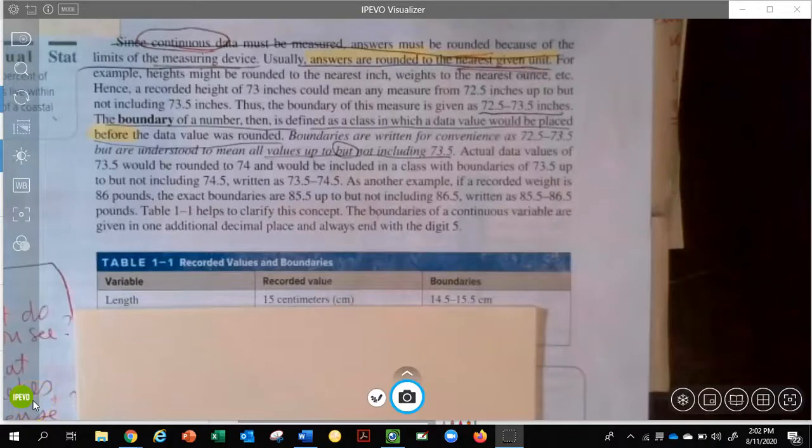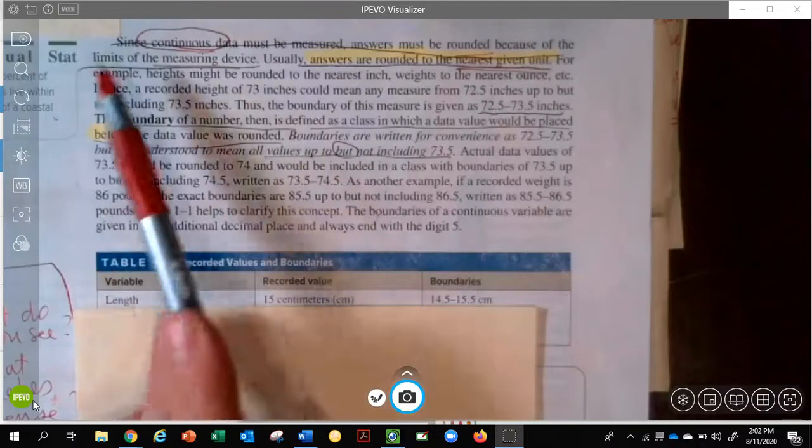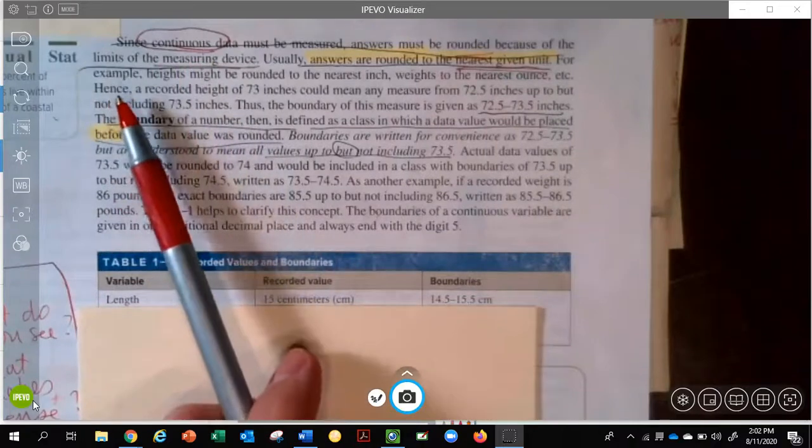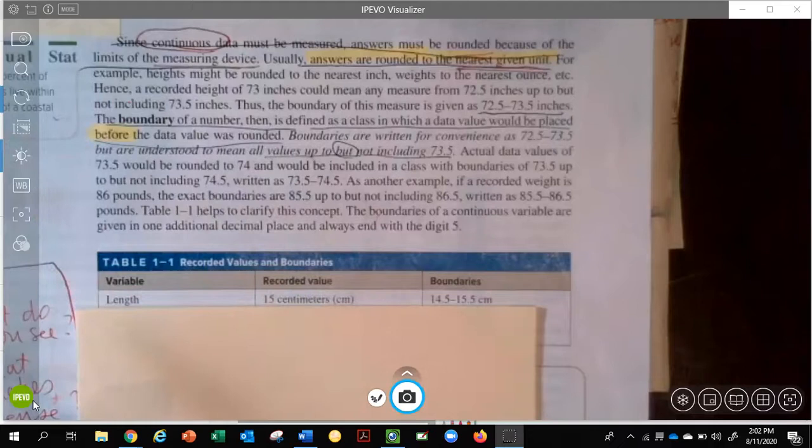We are still in Chapter 1 in our statistics class. We're now in Section 2. I'm on page 7, about middle way down on the page, and it's starting to say "since continuous." So you've just watched a video about discrete and continuous variables, and if you haven't already started some note cards,